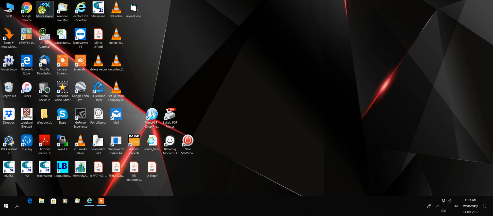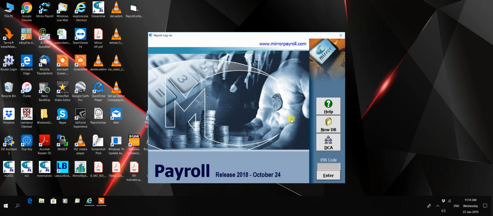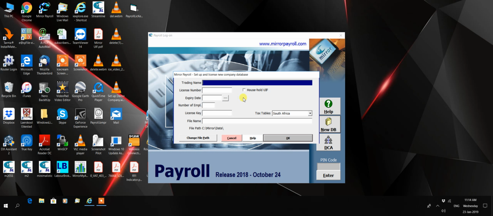Right, when we're done with that, you can exit the web page and the Mirror Payroll icon should appear on your desktop. Double click on it to open it up, and we're going to set up the new database, which is called Demo Company. So we'll click on the new DB button, and where it says trading name, type in Demo Company,